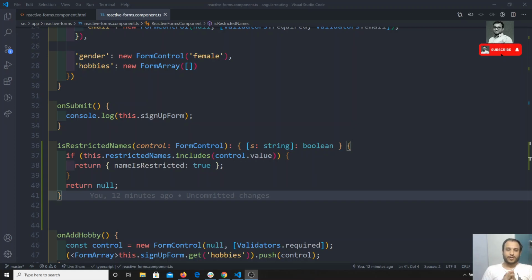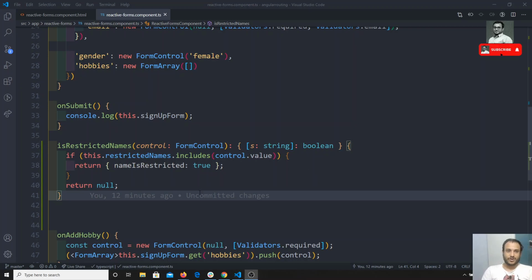Now coming to this video, in this video we will see how to do the custom asynchronous validations. In the previous video we have seen how to write the custom validation. That is simply a synchronous validation. Why? Because the logic is all here only. Now if you have a validation, something like email, where you go to the server and check whether the email exists or not, and depending on that response you need to do the logic. So how can you implement these asynchronous validators? We will see in this video.